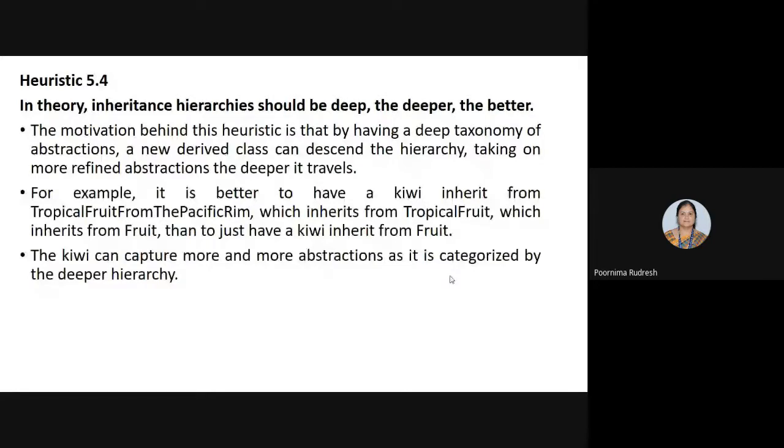Similarly, as it is deeper, the inheritance relation should also be broader, meaning we can go on adding derived classes for the existing base class. These heuristics I discussed in the previous class, right?